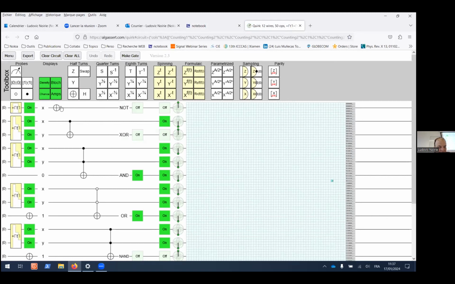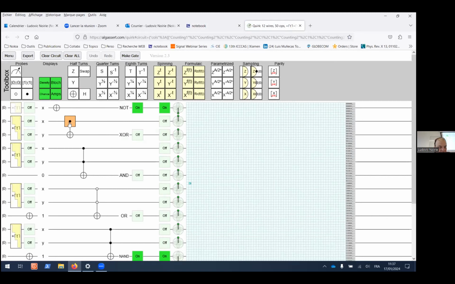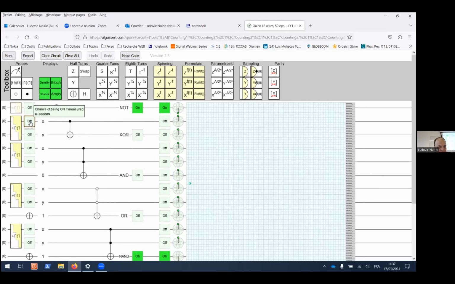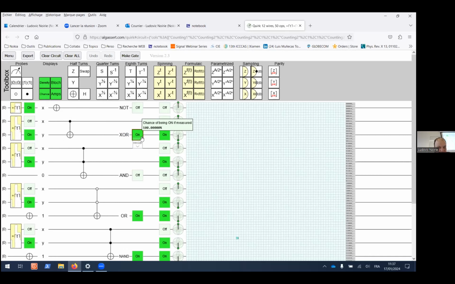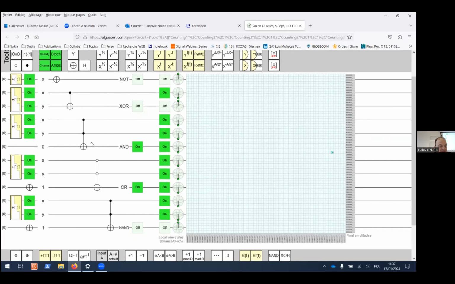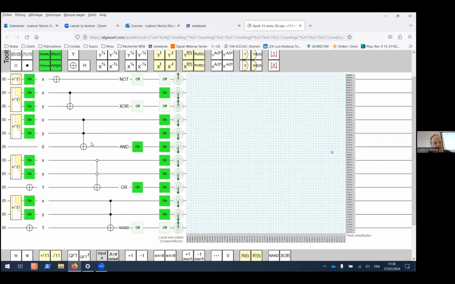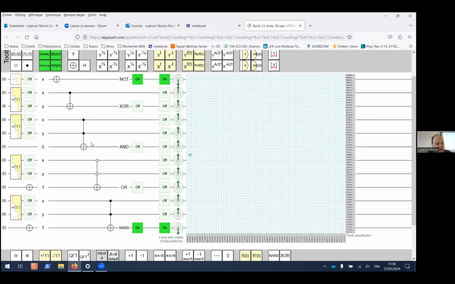Here you simply have the NOT operator. Here you have the controlled-NOT operator to get the XOR. It is equal to 1 if the 2 qubits are not equal, so you can check that here. To get the AND, you cannot do it with 2 qubits only because the AND operator is not unitary. But using a third qubit as an auxiliary qubit, you can have it, and it is just a Toffoli gate. Here, if the 2 inputs are equal to 1, then the output is equal to 1.